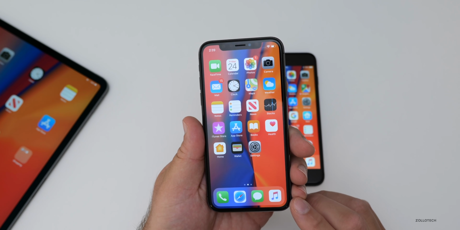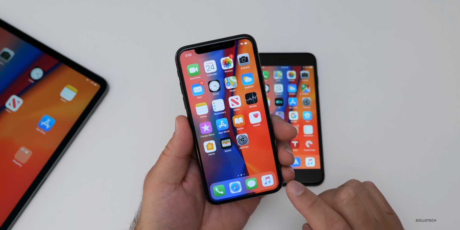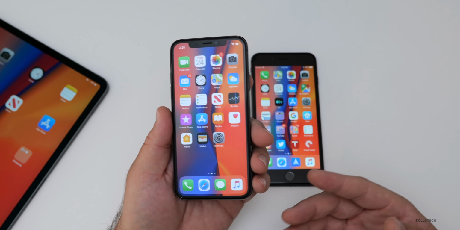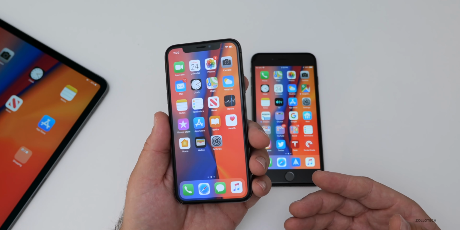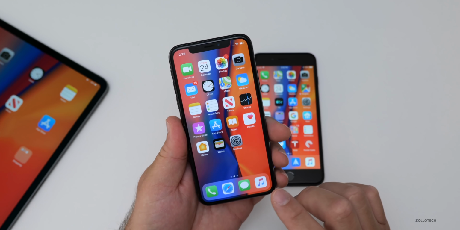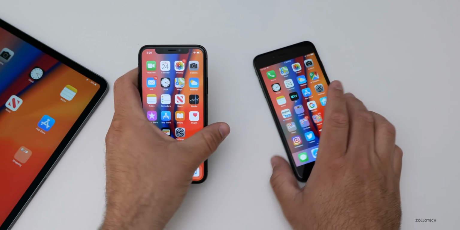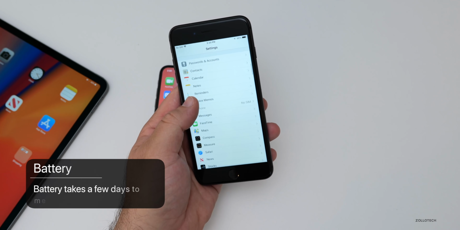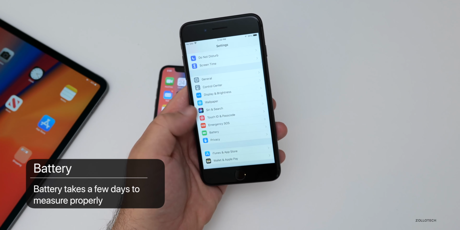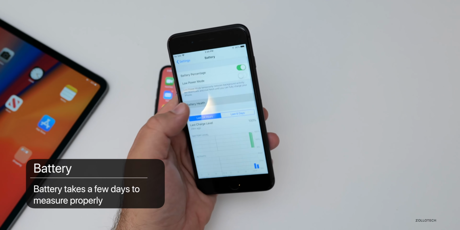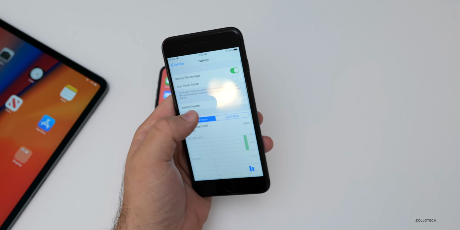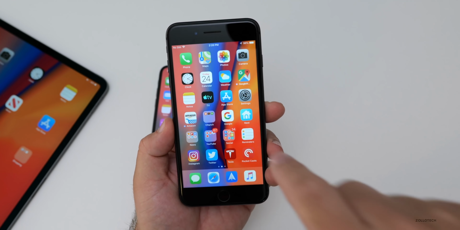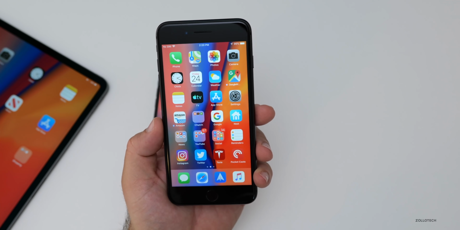And then also battery on iOS 12.3 was actually okay. On most of my devices that were running this prior, I was getting about 5.5 to 6 hours of screen on time. For me, that's quite good. But if you're running iOS 12.3.1, it's going to take a few days to know what the battery life will actually be like, since it's only been out for about an hour or more by the time I'm recording this video. So you'll see I haven't actually used this device, and I may go back and use the 8 Plus to see what battery life is like.